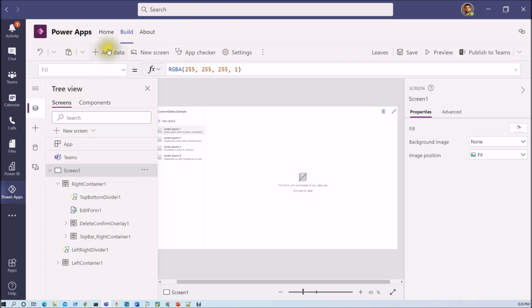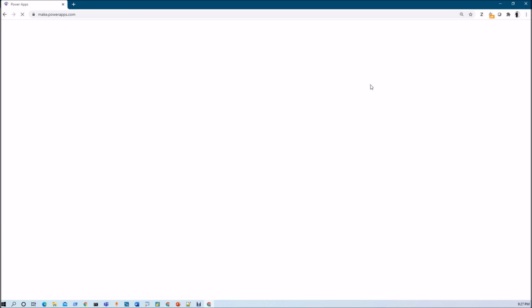Now here we are creating our Power Apps within the teams. So what is the difference between creating the Power Apps independently using a web browser and the Power Apps which is created inside the teams? Let me show you that in detail. So first of all, let me open the regular Power Apps that we are going to create with web.powerapps.com.